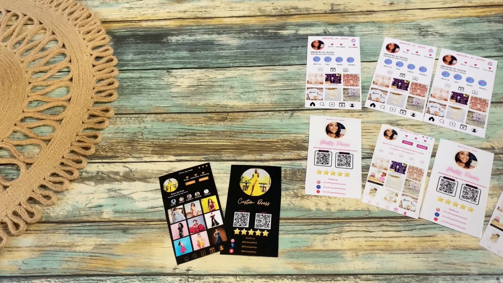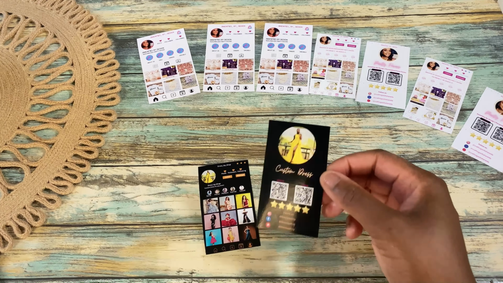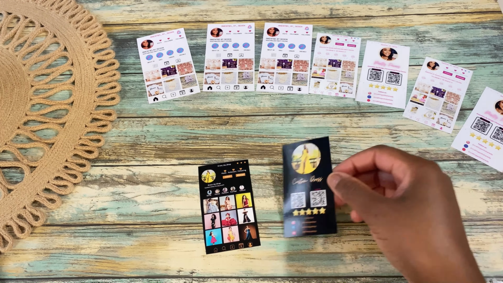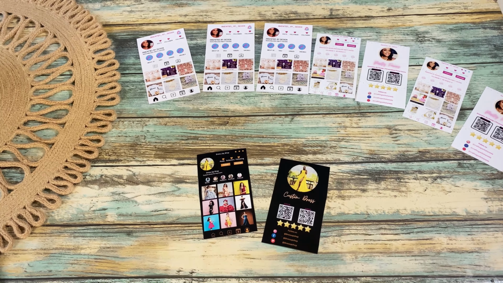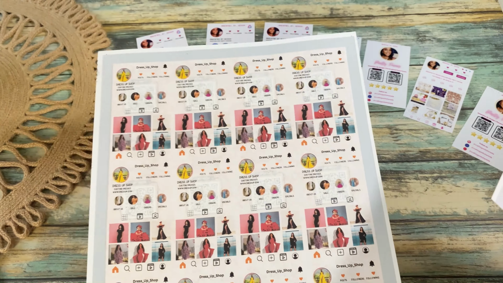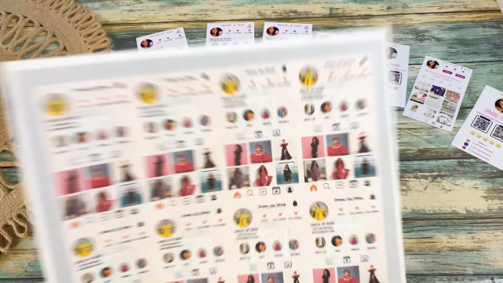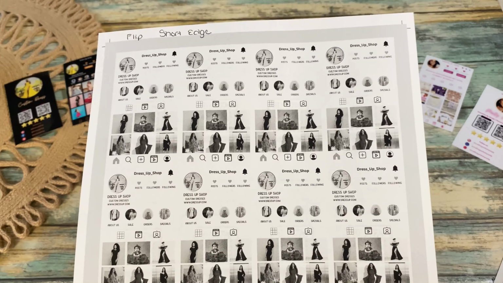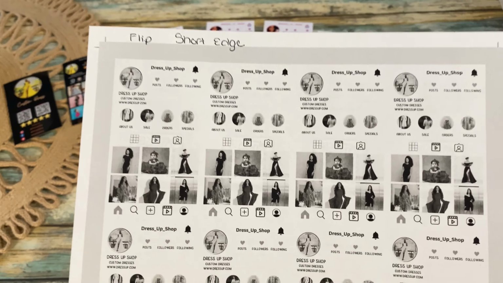So now that everything's all printed out, it looks great. I was able to cut it out by hand. I would prefer to use a glossy cardstock, but unfortunately my printer does not do well with heavy cardstock. So I just went ahead and printed it out so you could just see if you wanted to print and